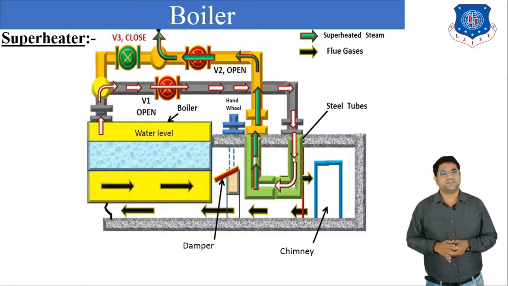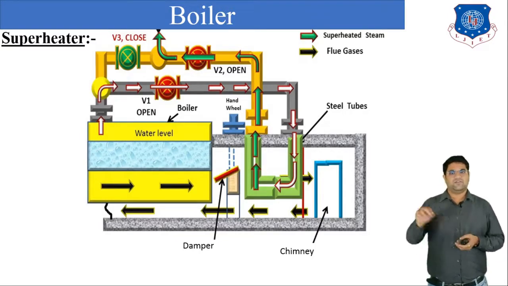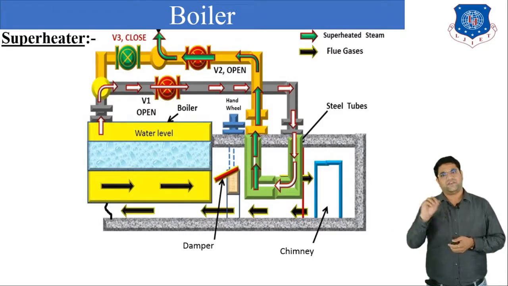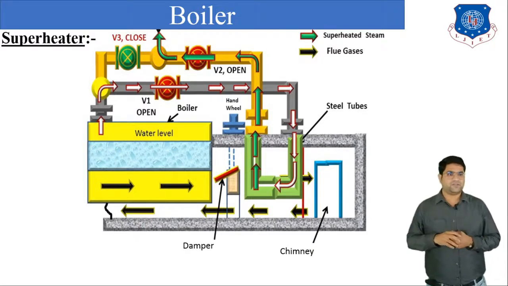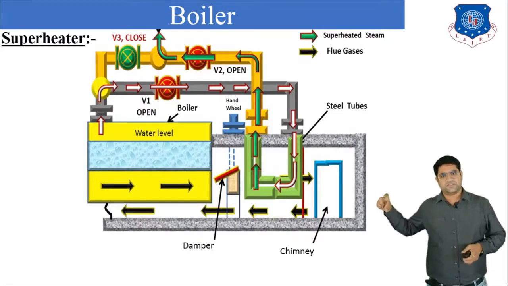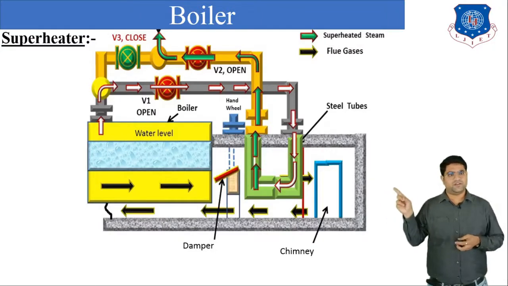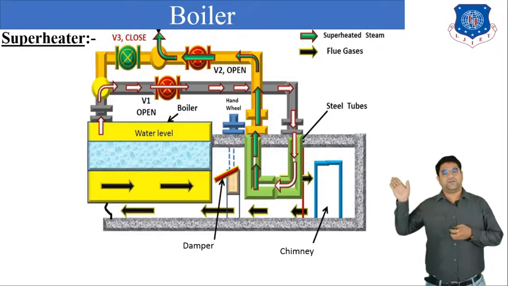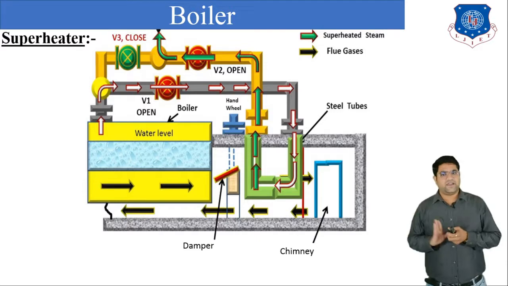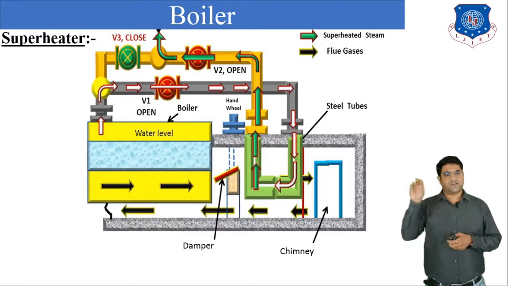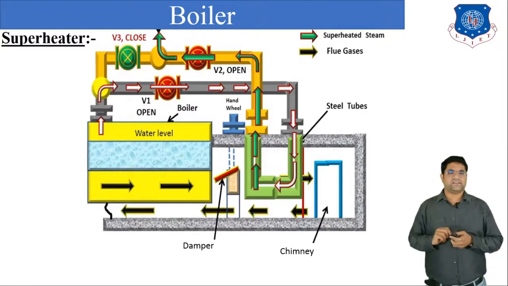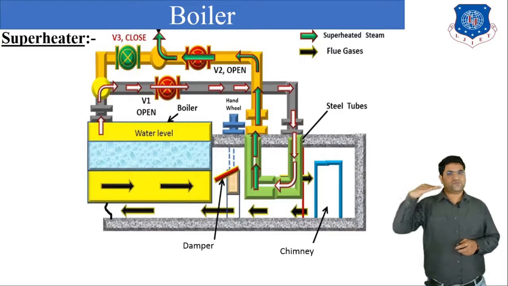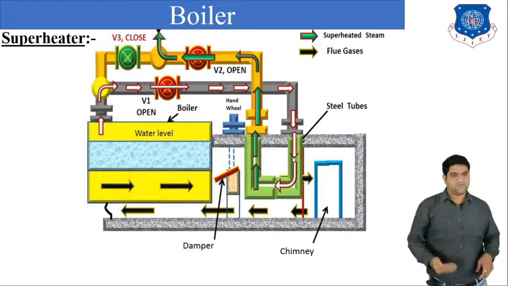Here you can see there are three valves, valve V1, valve V2 and valve V3. Valve V1 is directly attached to the steam stop valve. Here you can see one horizontal boiler. Yellow color is the water level, and the central portion is where the flue gases will pass. In the diagram, above the water level there is steam present, but the condition of the steam is wet. Now this wet steam passes through valve V1. It will move to the horizontal pipe and then to the vertical pipe.